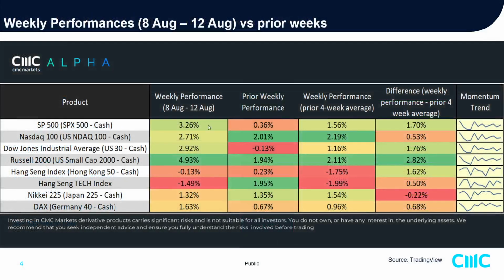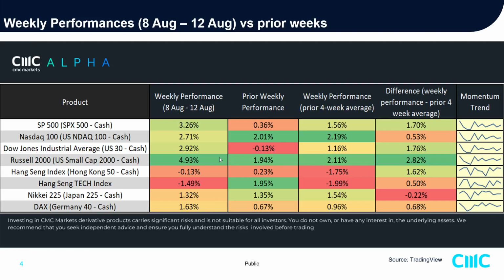So what we could see over here is that last week we have a very robust, or I would say positive performance that is seen across the board in the US stock market, ranging all the way from the SPX 500, the Nasdaq 100, the Dow Jones Industrial Average, and more importantly, the small cap Russell 2000 actually outperformed the pack, which is up 4.9%. But compared to the prior week performance, what we could see is we call it a significant improvement.